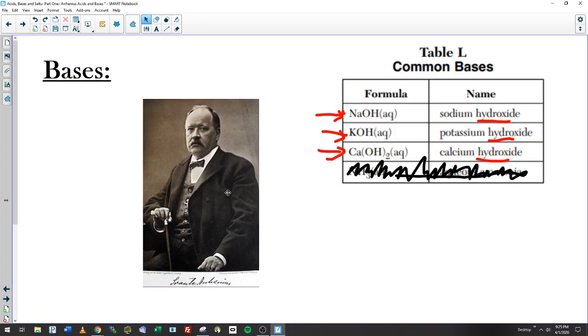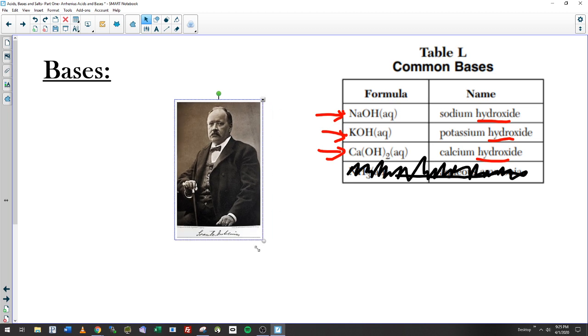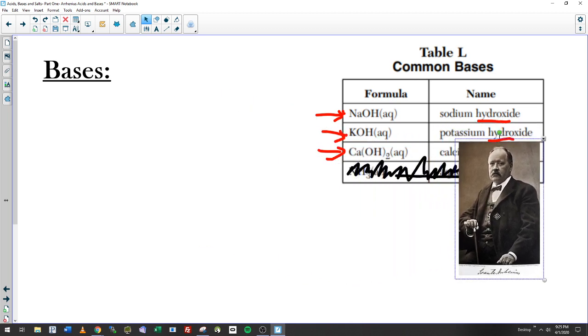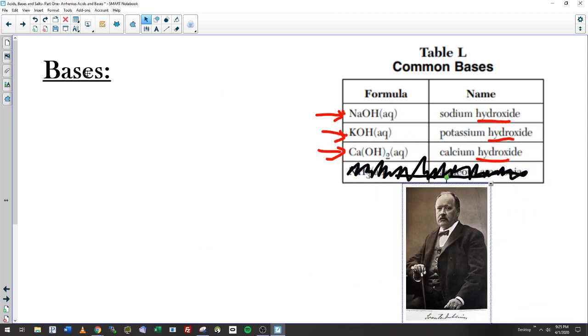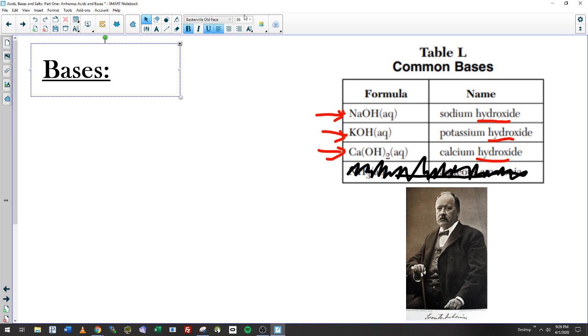According to this guy, Arrhenius, bases have to have this component here, hydroxide. According to Arrhenius, a base must contain hydroxide. So I'm going to go over here for a minute. I'm going to shrink you down, and I'm going to bullet the list. Bases are substances that contain hydroxide